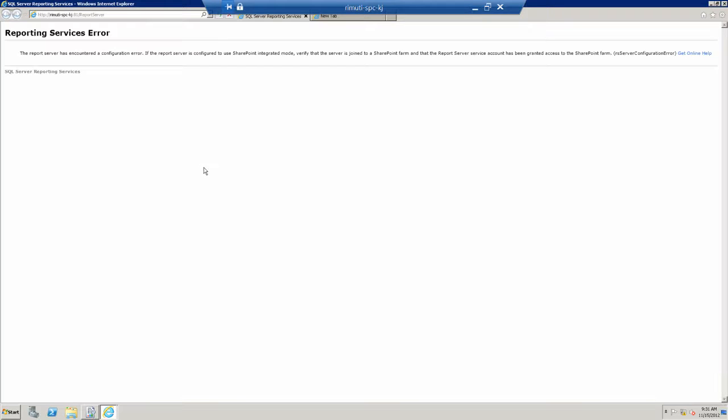Any other questions while we're waiting? Yep. You said that integrated mode server, which is a web service, and connected mode, I've read that it has a SharePoint web front end. It's a SharePoint server. Yes. So